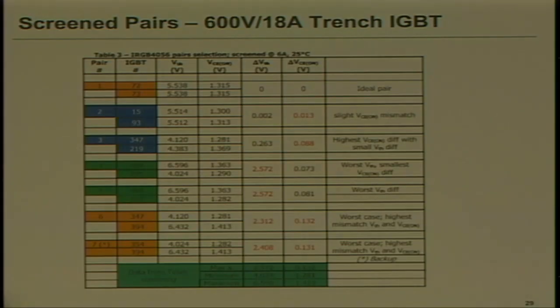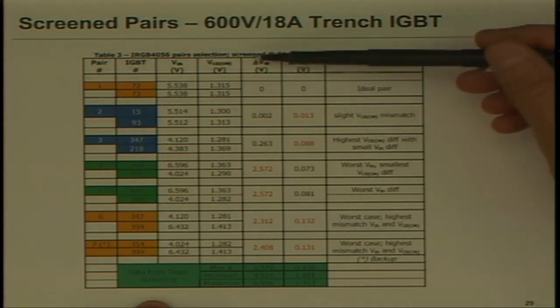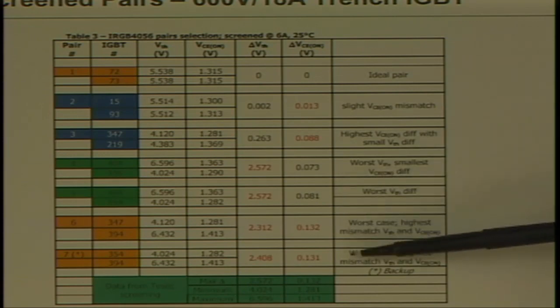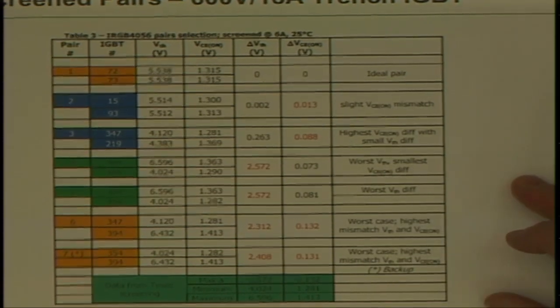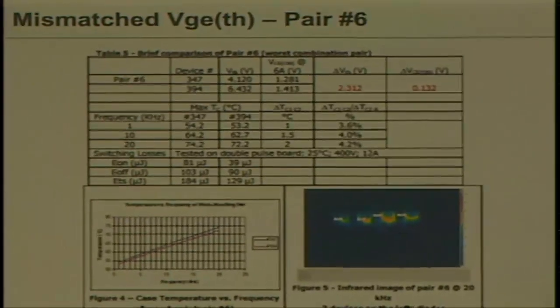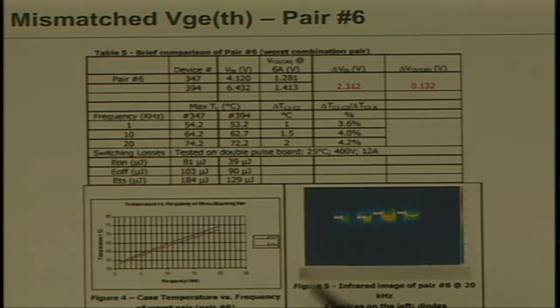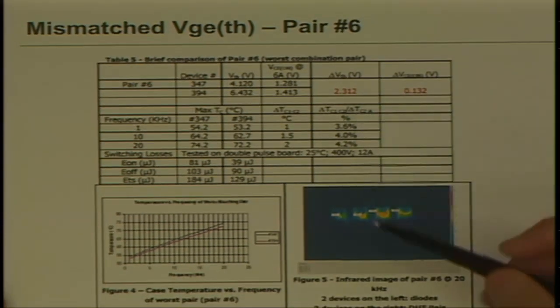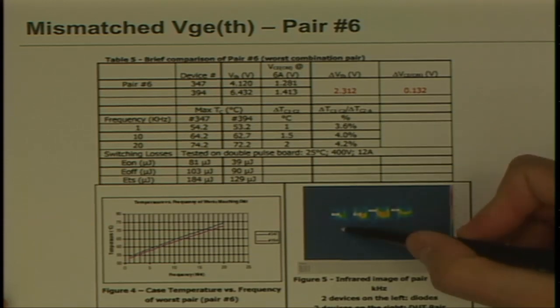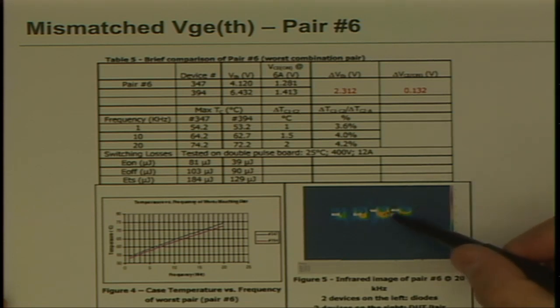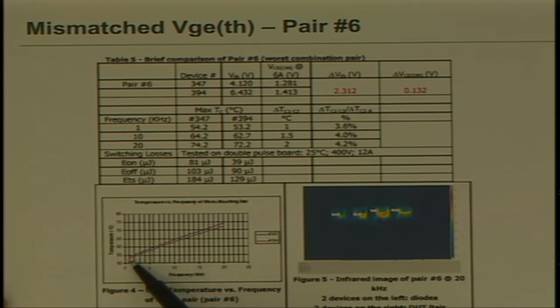So just to show you an experiment we did, trying to perfectly match and then intentionally mismatch devices, we looked at threshold voltage, on voltage, and the differences between them. An ideal pair, a little bit of mismatch, and then the worst case, which I'll show you here. You can see on this thermal image, when we switch devices that have mismatched threshold voltages, these are the diodes here. Sorry, I can't draw on this, and these are the devices under test. You can see one's quite a bit hotter than the other,